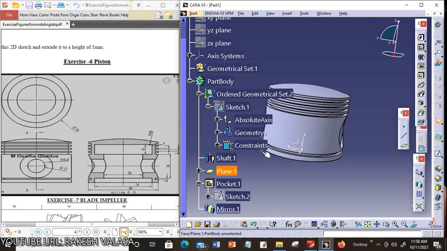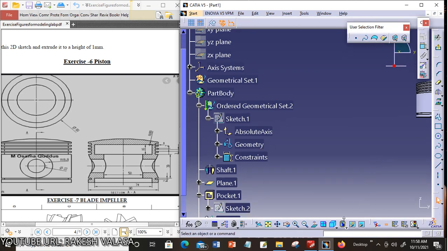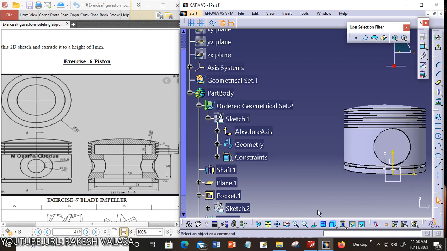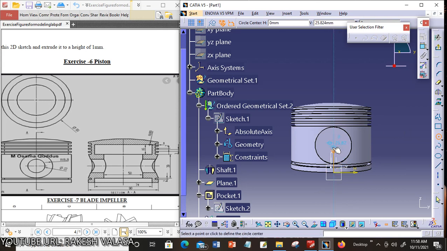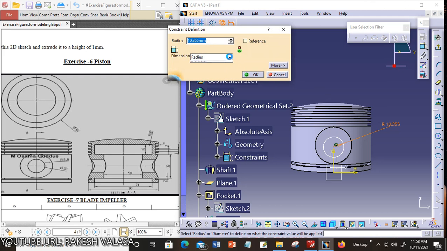Next, finally you have to draw the circle. The circle diameter is 22.